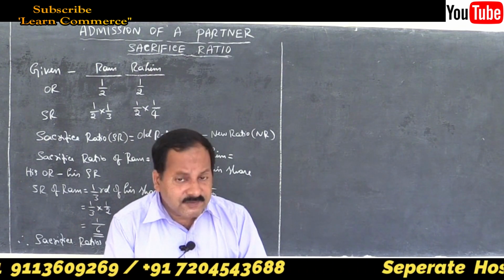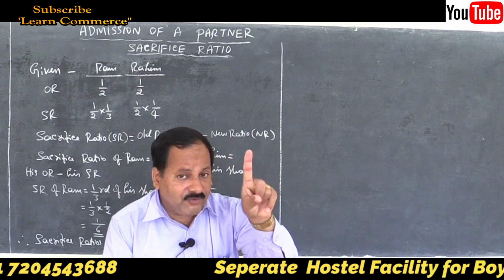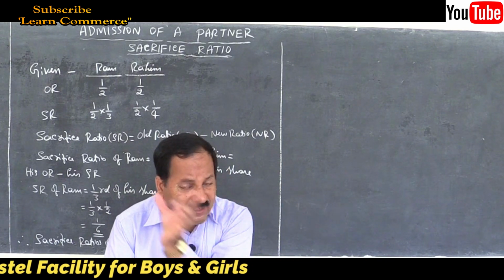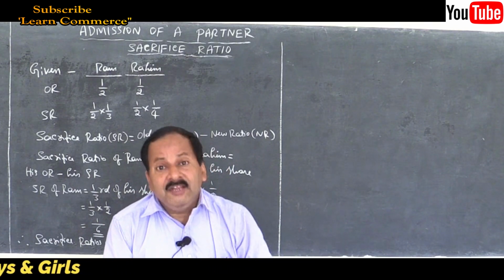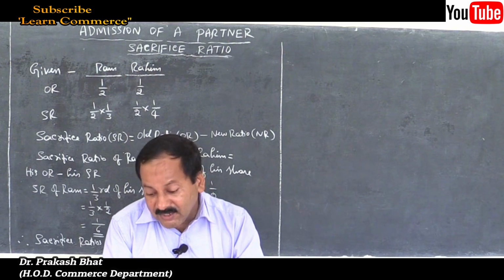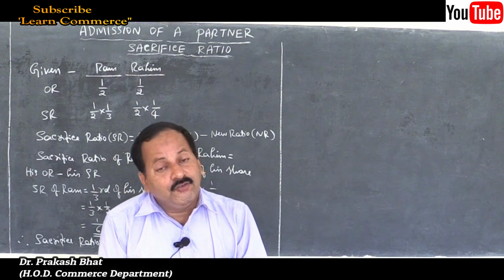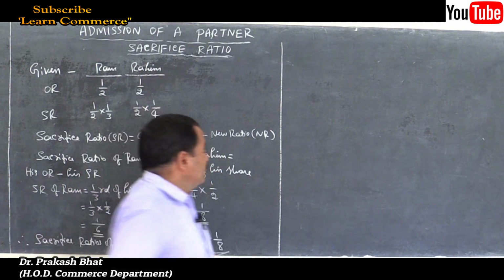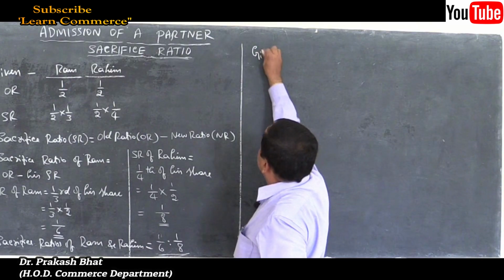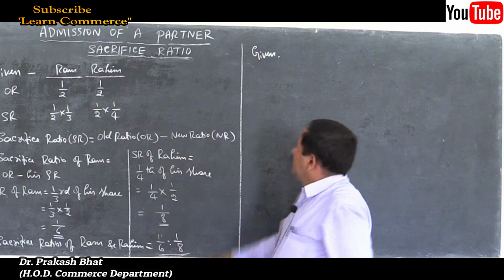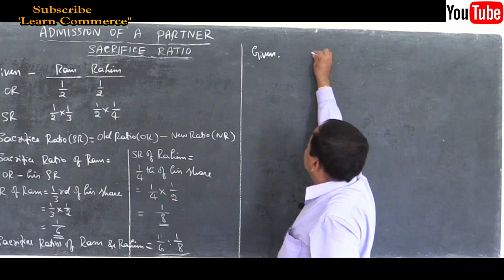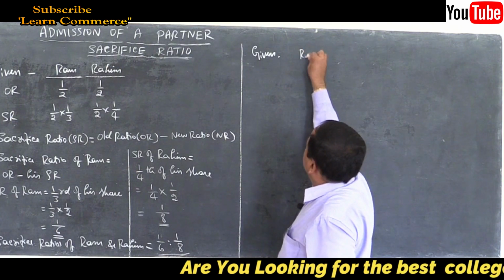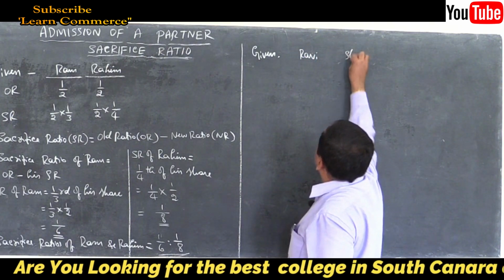So how to calculate this? 1, that is full 1 share, 1 minus share given to new partner 1/6, then you will get the remaining share. Of the remaining share, you have to distribute that remaining share among old partners in the ratio of 3/5 and 2/5. So let us solve the problem given old ratio, names of the partners, that is Shiva, Ravi and Shankar.